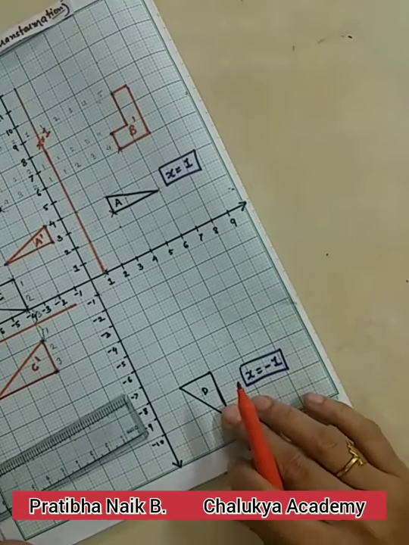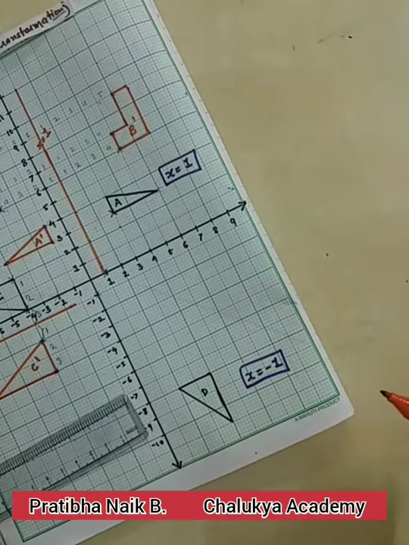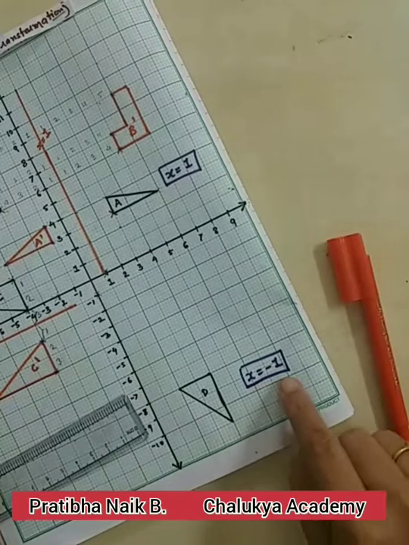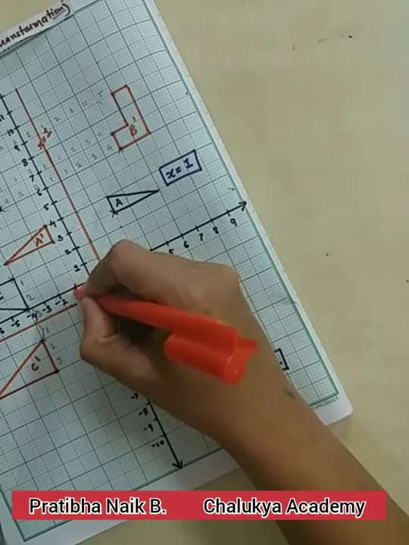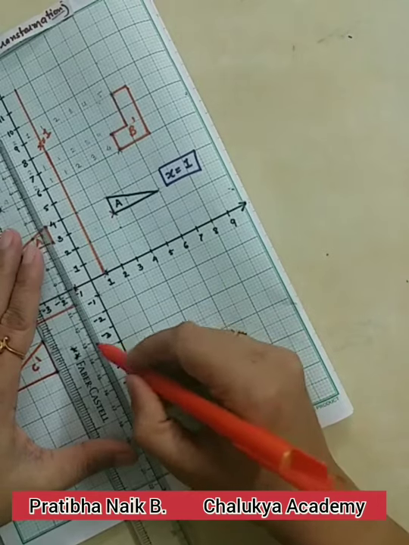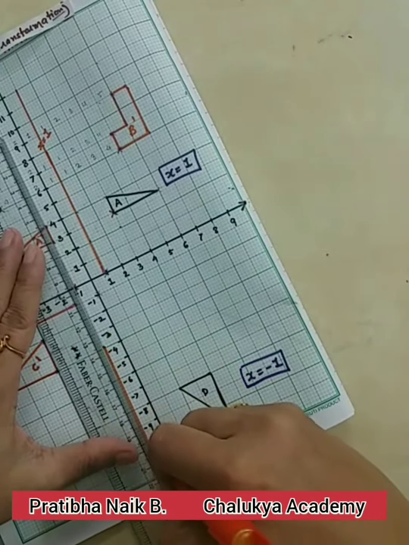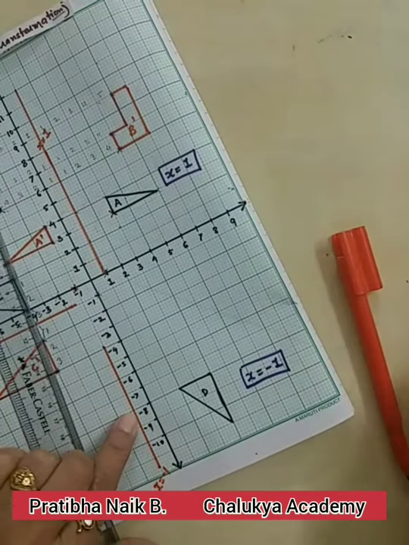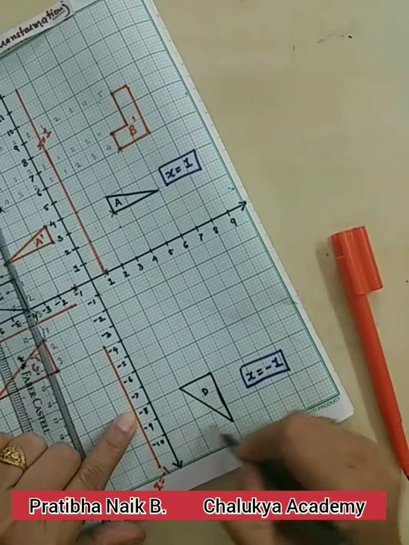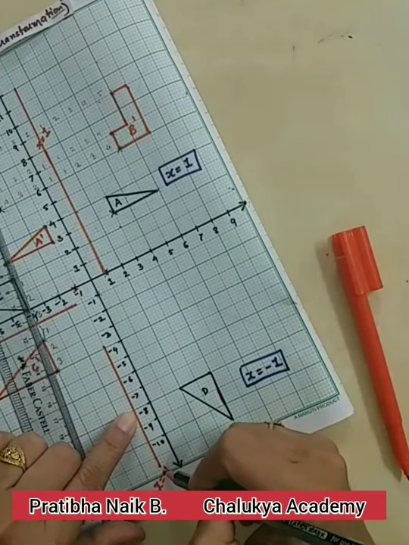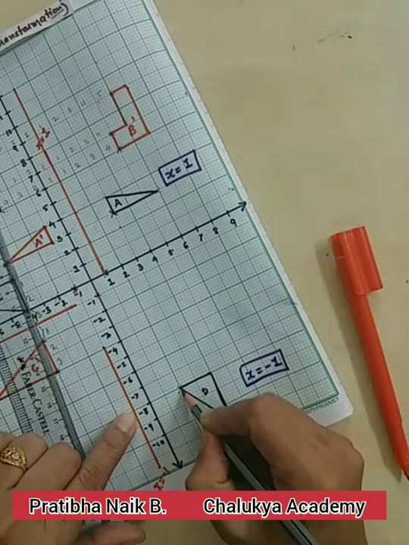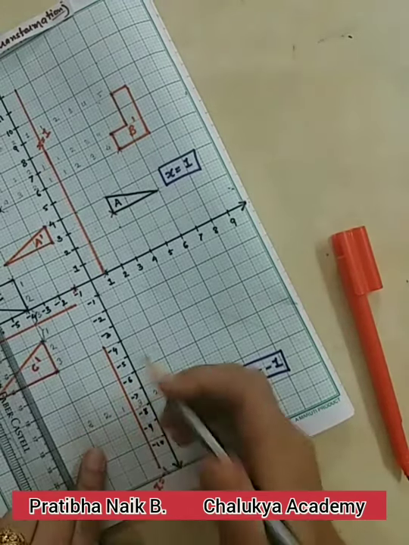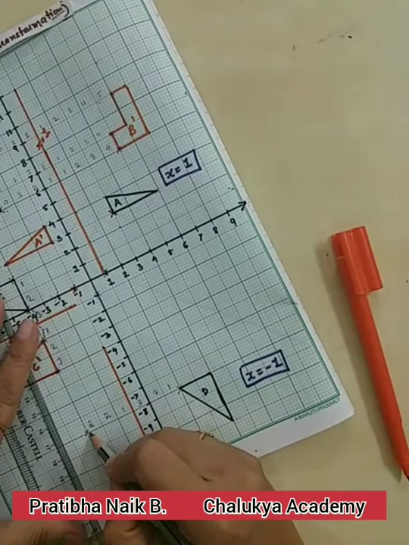Next we will see over here for this triangle. Again we can go for, I think, x is equal to minus 1. So you can see x is equal to minus 1 over here. So I will draw a mirror line which is passing through x is equal to minus 1. So this is the mirror line. So this is your mirror. So you have to draw an image of this triangle through the mirror line x is equal to minus 1. So again I will consider this vertex, 1, 2, 3. So again I am going the same units ahead from this mirror line. So this is the image of this vertex.